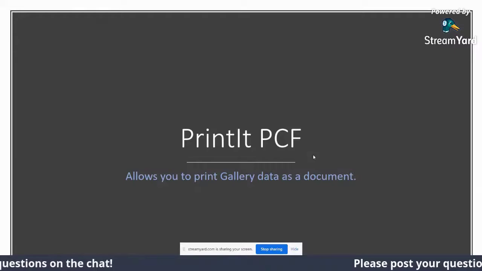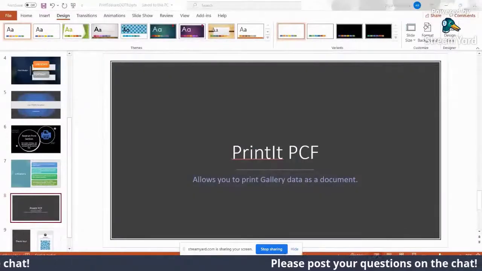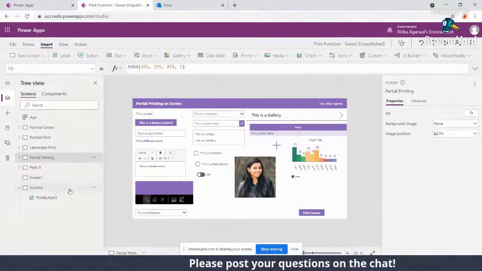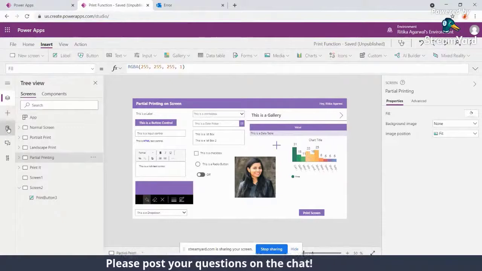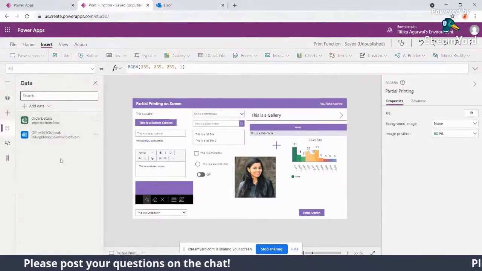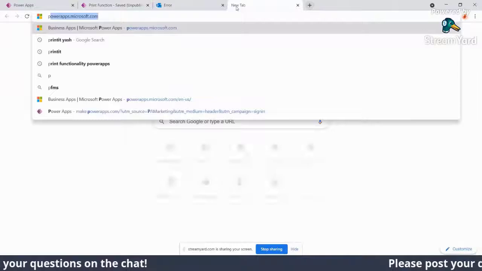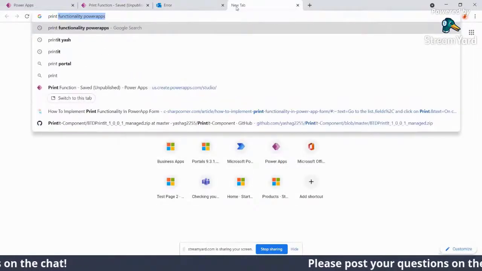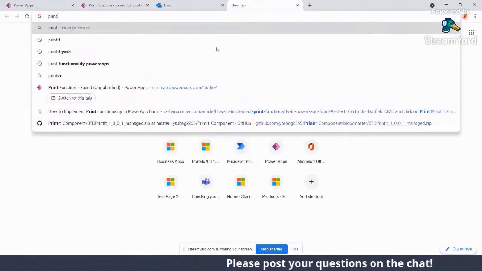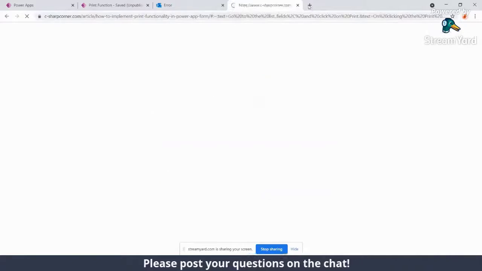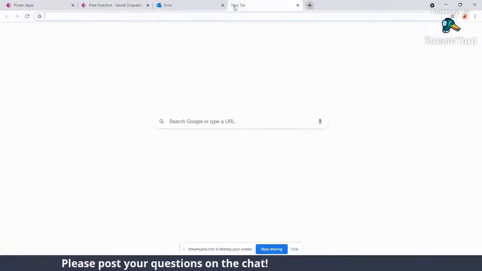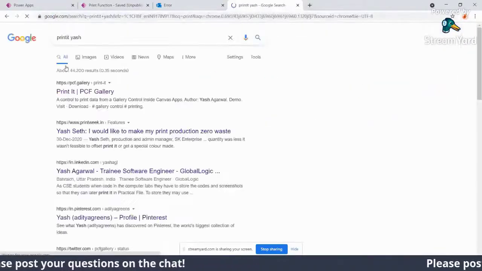So now let me go back to the screen where I have imported this code component. This component is available as a managed solution. I'll just, no, I opened the wrong one. This is the one.